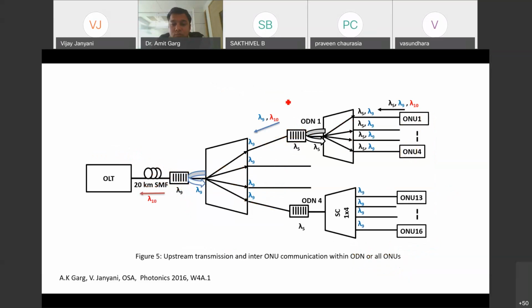But let us see what is the advantage in the upstream transmission and also inter-ONU communication within the ODN, or among all ONUs. Here this is the ODN, the optical distribution network. We call this combined network the ODN.